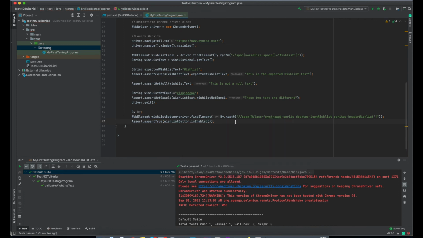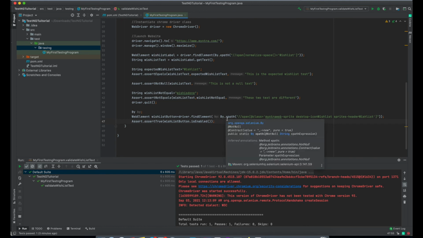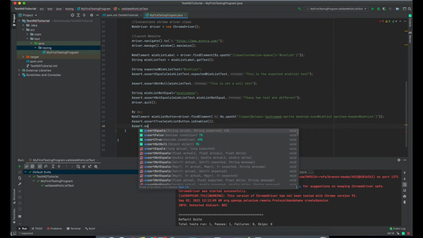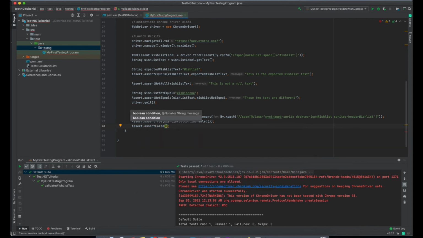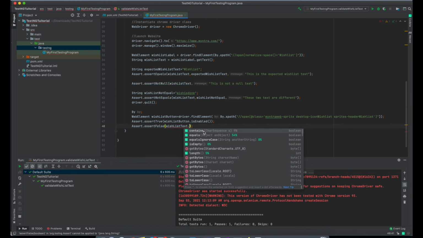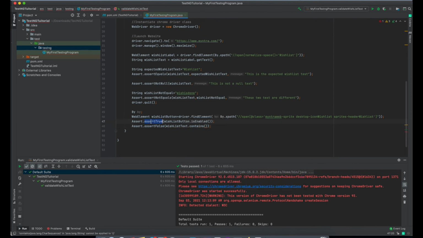So this is one test case, and another test case that we can assert is assert false. And here, we created this wishlist text, right? So we can assert wishlist text dot contains. You can see here it is returning a boolean value. So maybe we can just use contains, because we are using assert true and assert false, and they only assert the boolean value.